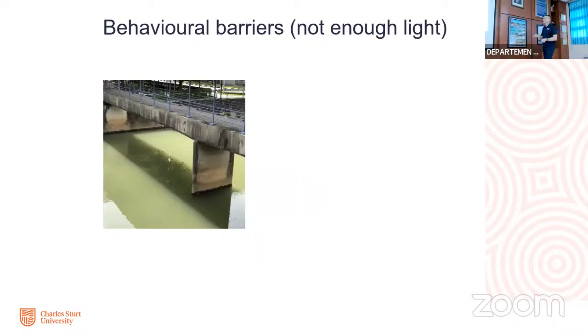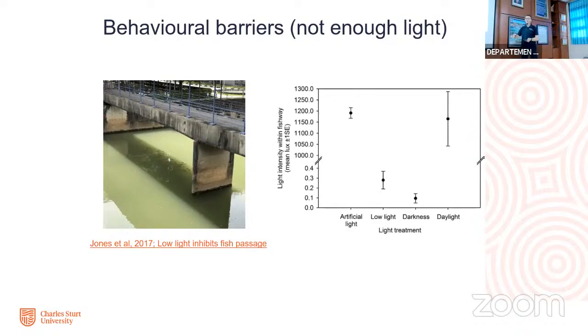Bridges can affect fish. Now, I'm not sure if you can see it clearly there, but under this bridge is a whole school of fish that's sitting in the shade. Some fish like shade, some fish don't like shade. We did some work in Australia where we looked at the migration rates of fish in the middle of the day in an